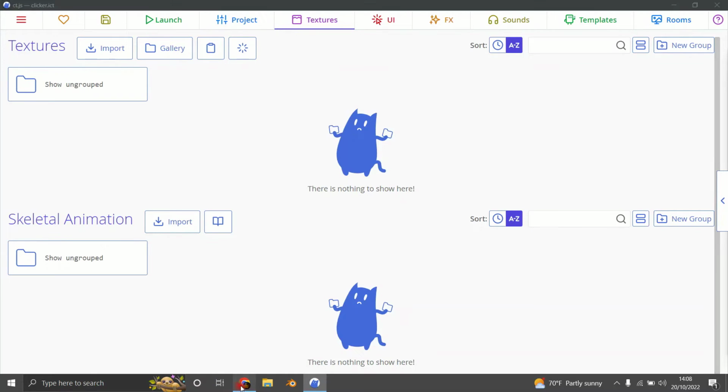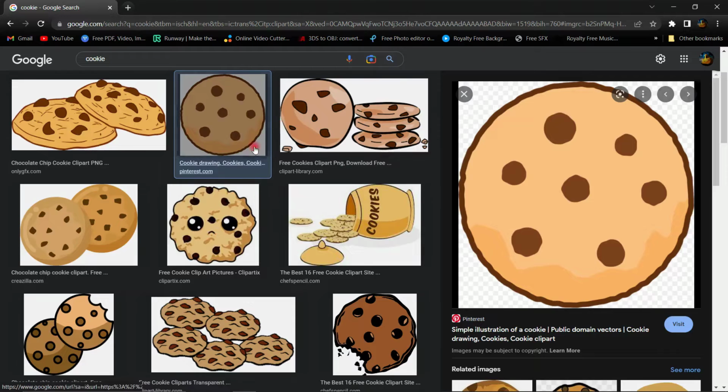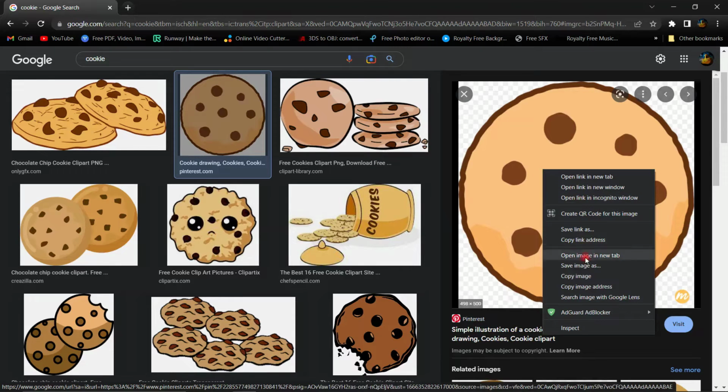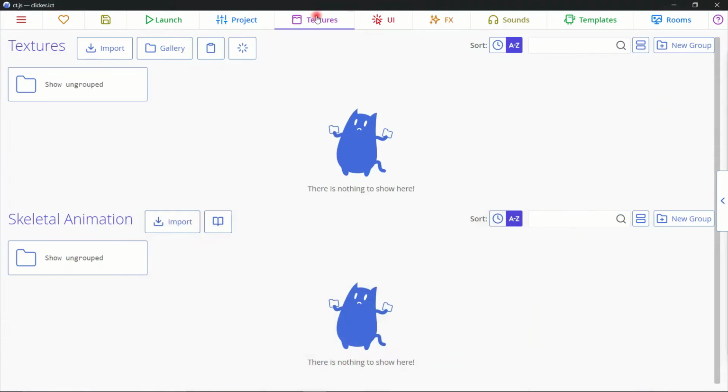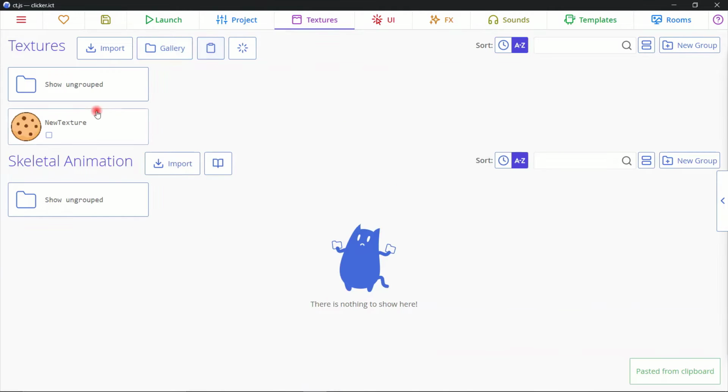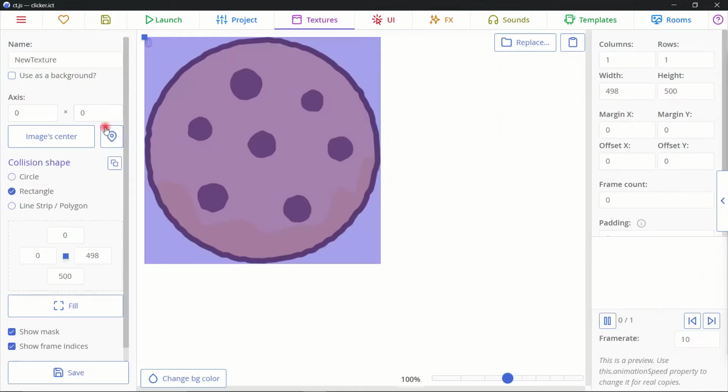We can choose any image on the internet and just right click, copy image, and then we can just paste it in. It saves you from having to save it to a directory and then import it from that directory. It avoids all that searching hassle, so you can just copy and paste it directly into your project's folder directory. So you can open that up and call this cookie,